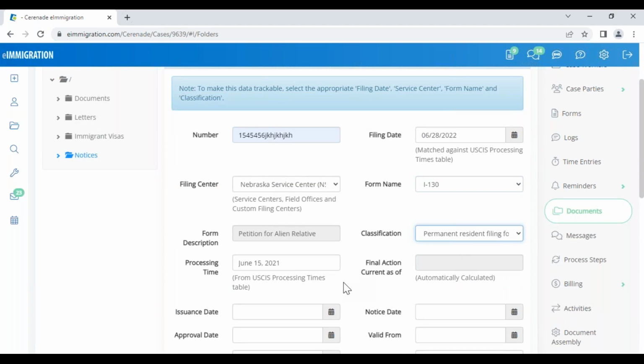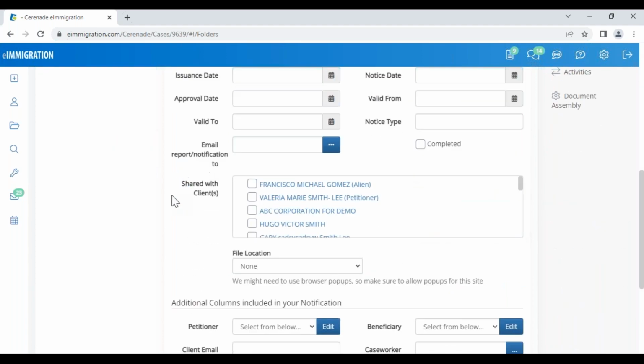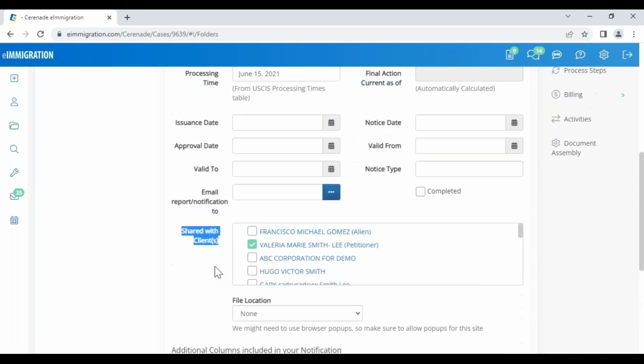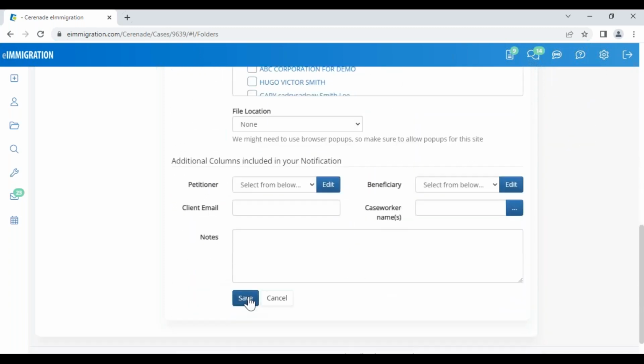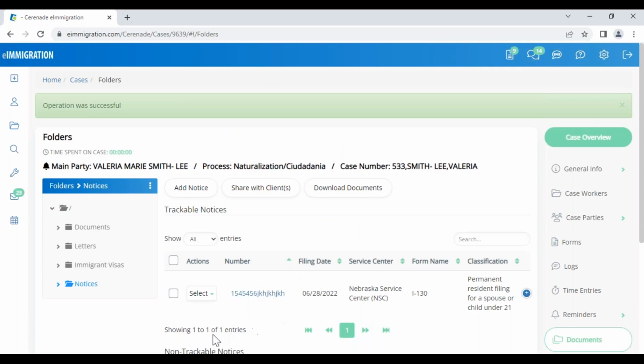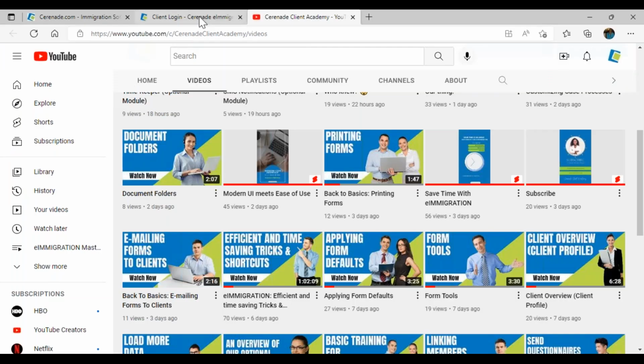Anyway, so once you have the receipt, here you'll find the option that says share with clients. So make sure that you click to share, and you can also enter their email address if you want to let them know or send that email notification automatically when the petition becomes current. What happens is when the clients log in